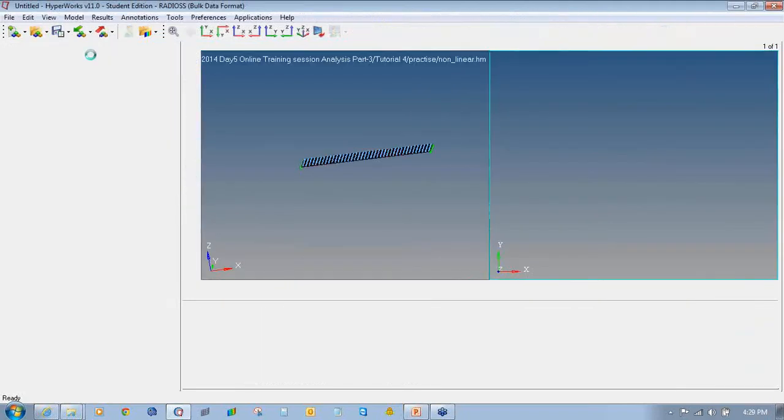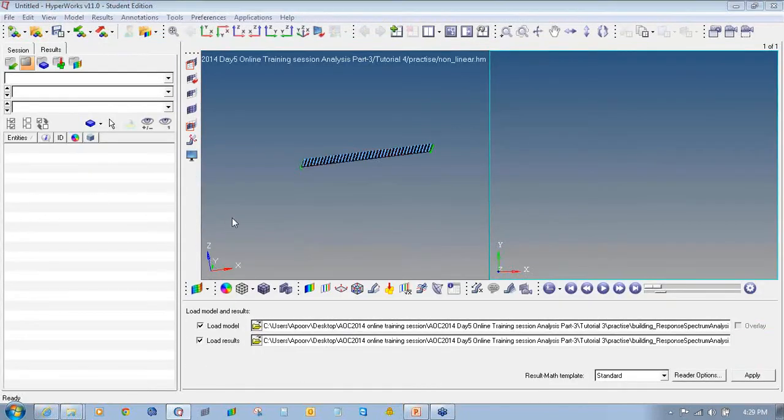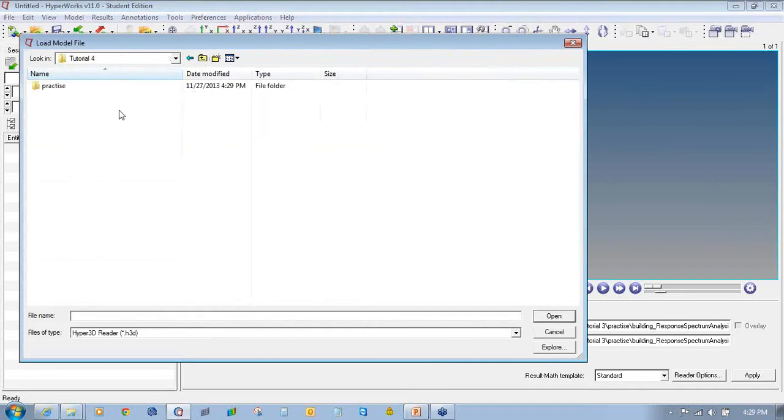Now I will see the results in Hyper-V. So we will open the file.